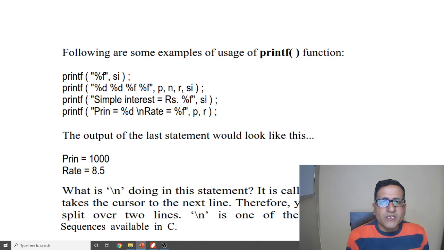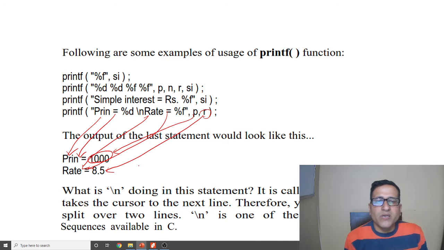But here it is rate, so it will be rate is equal to, it will take the rate from this. It will take principal from this, equal from this, and the value of 1000 will be here from this statement and r from this statement.